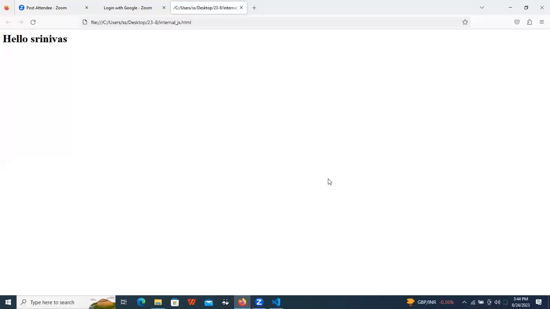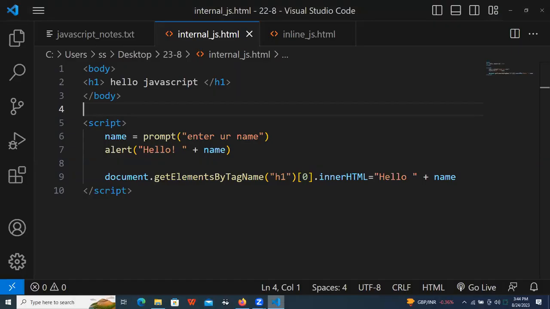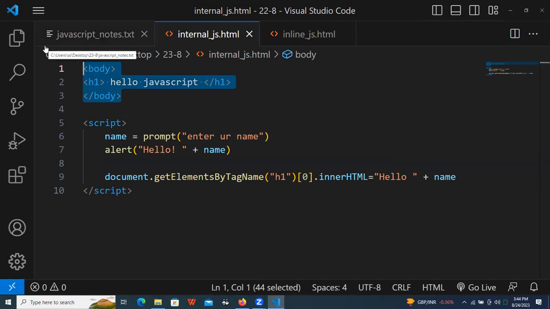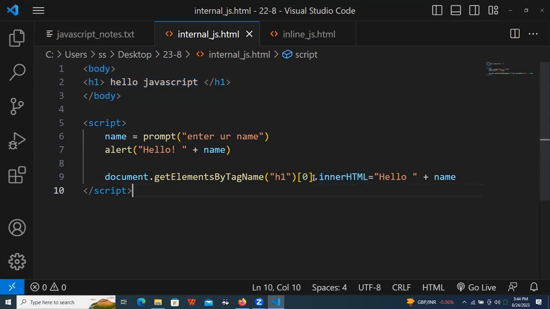Then immediately what happened? What is the heading now? What does the H1 contain? Srinivas. But what did I write in the H1 in HTML here? Hello JavaScript. I already have Hello JavaScript in the H1, but that H1 was manipulated with what? Inner HTML manipulated. H1, first of all, I recognized. I am recognizing the H1 from HTML